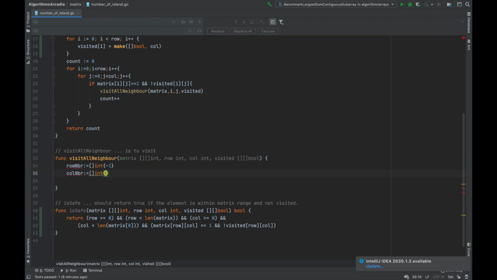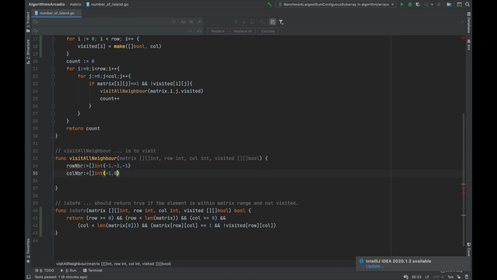The current row minus 1 and current column minus 1, so this is my first possibility. What's the other one? Let this be minus 1, and here I can again say 0, which is my left element. If I say current row minus 1 and column the same, then that's the left element. What's the other possibility?